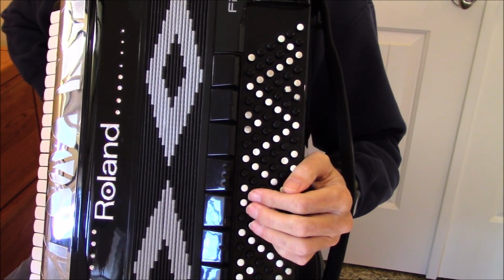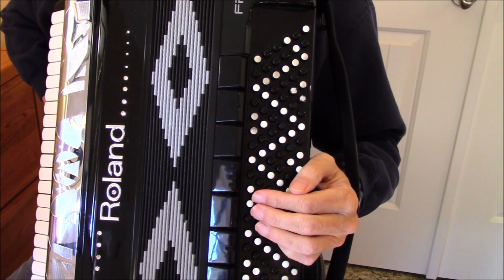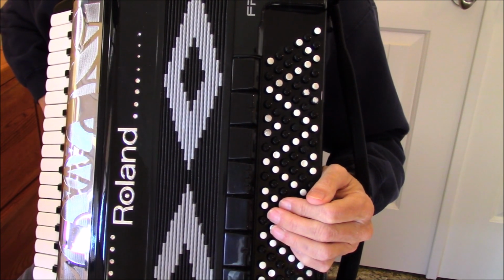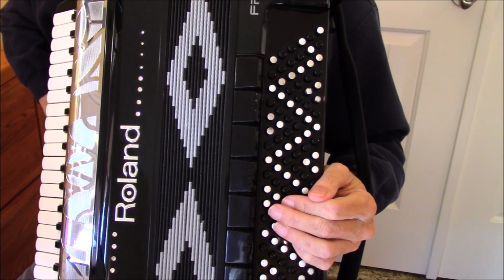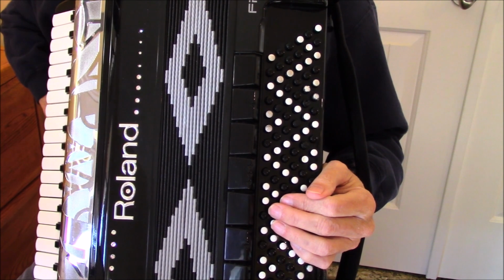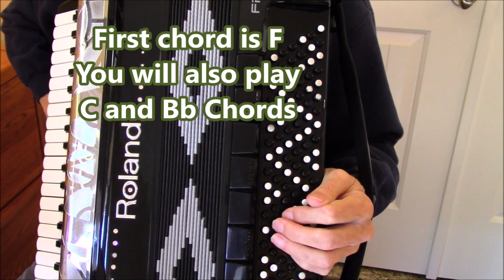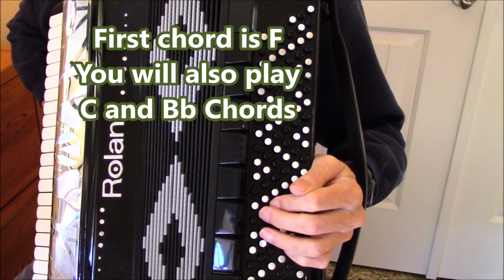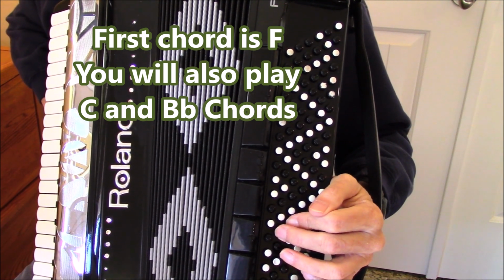And for Good King Wenceslas, that song is in the key of F, which means that your starting chord is F. In the key of C for Come, Little Children, your starting chord was a C chord. Now for Good King Wenceslas, your starting chord is an F chord. This is another one of those three chord songs. The three chords that you will be using in this song are the F chord, the B flat chord, which is below the C chord, the F chord, and then you have to jump up to the C chord,